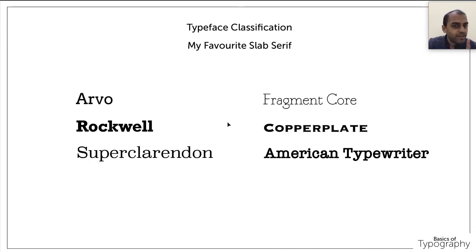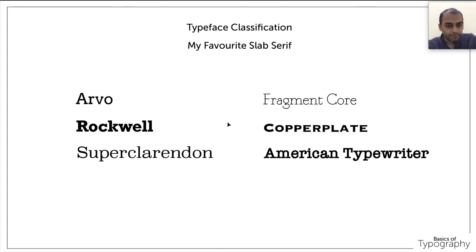But the issue is Fragment Core is not available in a thicker or bolder version. It is available only in this version. For gym and other uses, I need the grungy look, and it has a slight grungy element, but it is very thin. So what I used to do is outline this font, give it an extra stroke to make it thick, and then use it for a logo for a gym. Apart from gym, I have used it for two or three other businesses' logos also. So it has that feeling to it, so it can be used.